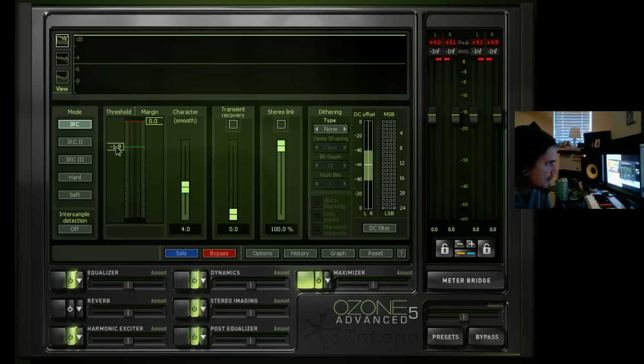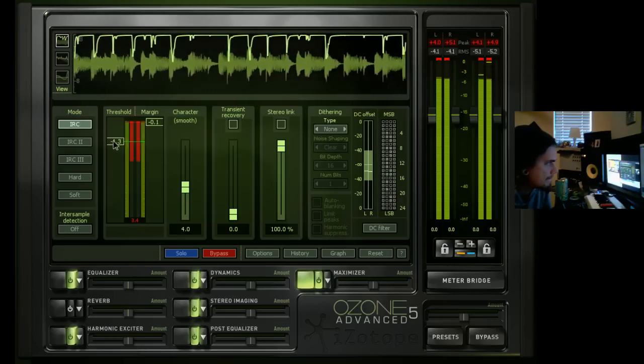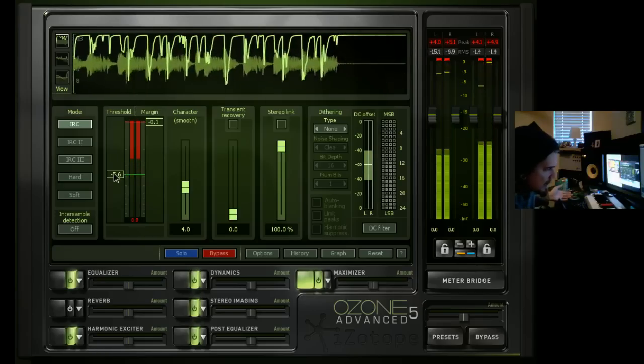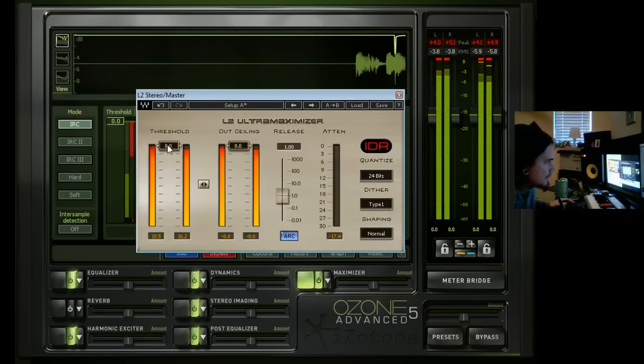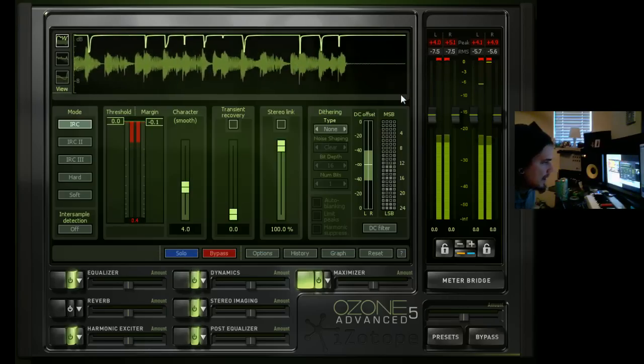Also, you just move the threshold. In the margin, you can have it so it doesn't go above 0.1 decibels, and that just gives you a bit of a safety net. Like that'd be extreme, but you can use what you want. But typically, after this stage, I would move in the L2. And yeah, that's